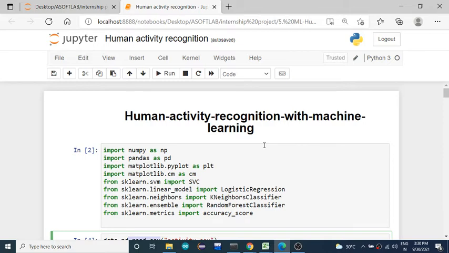then what will you do before feeding it to the algorithm? You are going to convert it into numerical data, right?